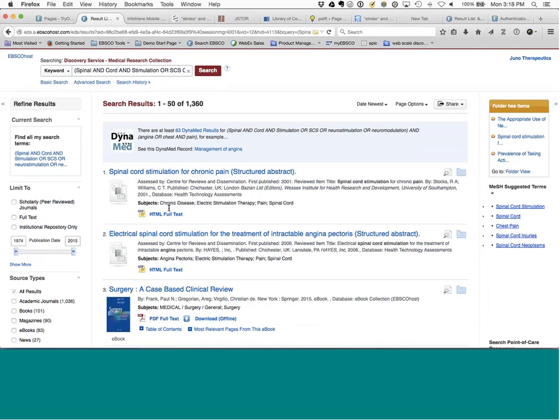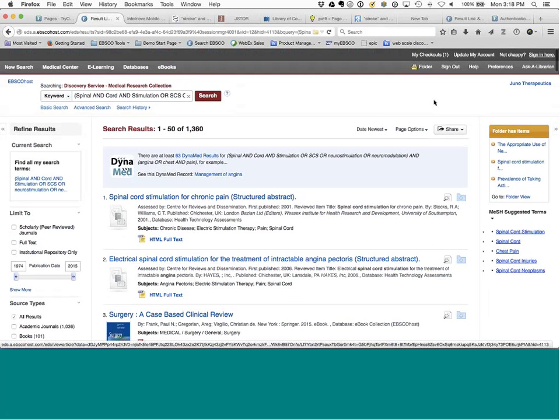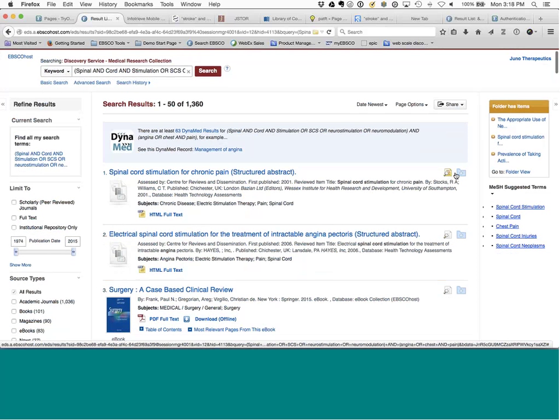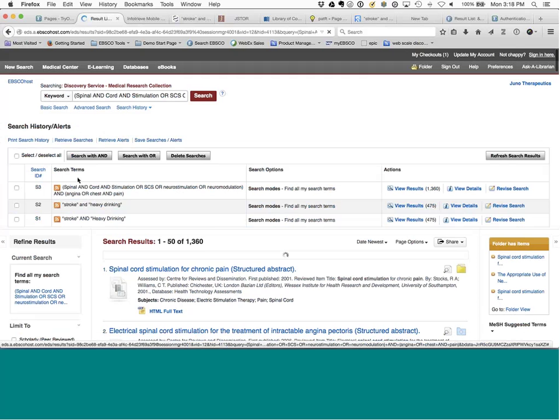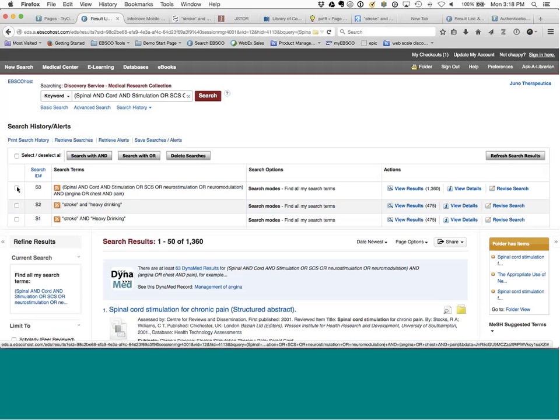But now that I've conducted this search, I've decided that, wow, this is a great search for me. I do want to be able to reuse this search often. I have a couple of options here that I can use the My EBSCOhost folders for. I can take specific results, and I can actually save them to my folder. So this way, I can take this article with me. But the other thing that I have the ability to do is to take this entire search and save it to my EBSCOhost folder. Any of these searches you can easily take and create an RSS feed for. Simply take the search